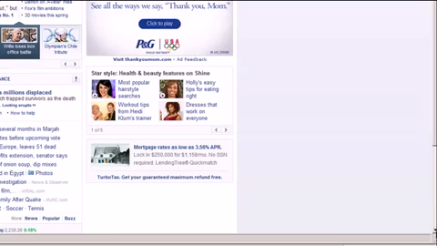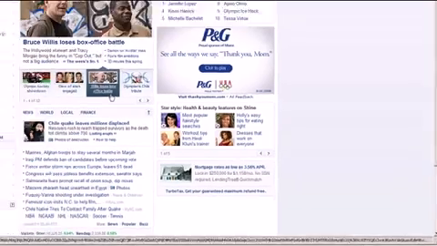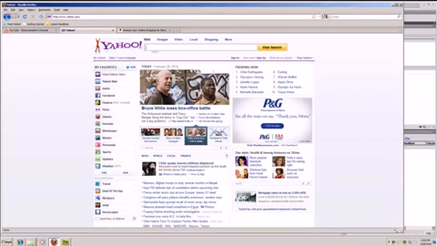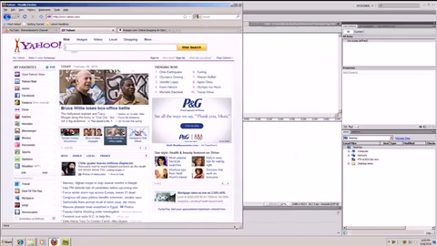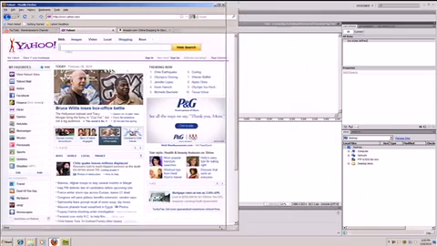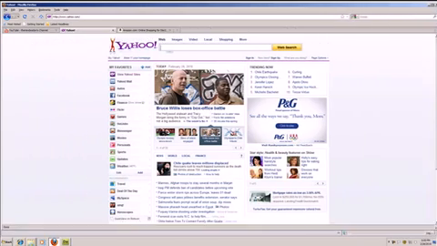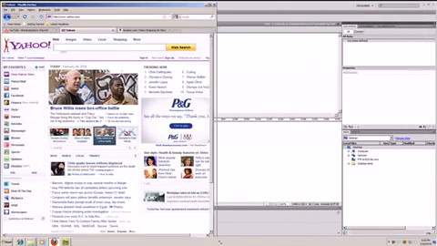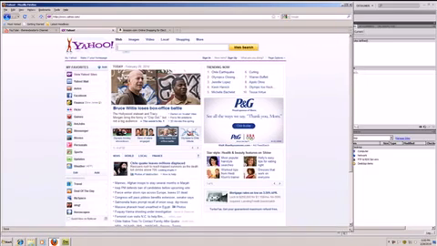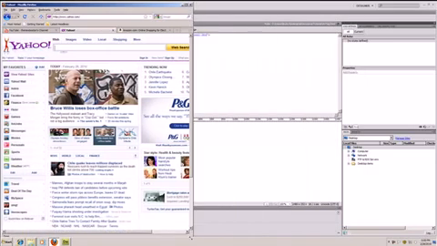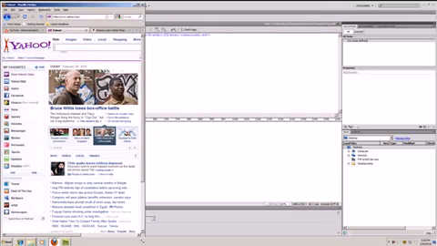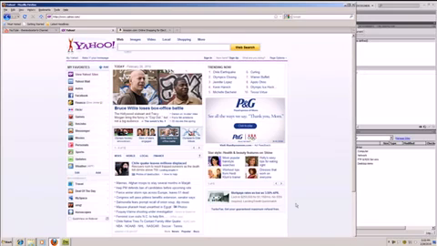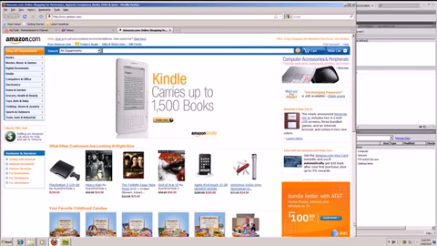The first one is a fixed width layout, and I'm at yahoo.com, and as you can see, when I change the size of the screen, the width of the main content, which is also called a wrapper, it stays the same. And I'm going to go to Amazon, and as you can see,